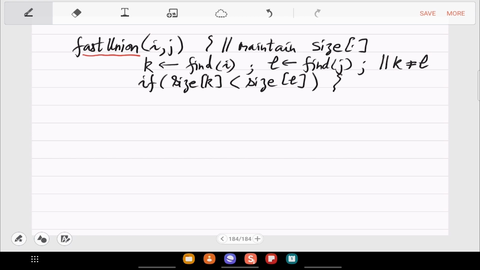then what you want to do is this connection, right? L is this, K is this, you want to connect it like this. K is the smaller one, so just change its parent to L. So let's do that in the code.